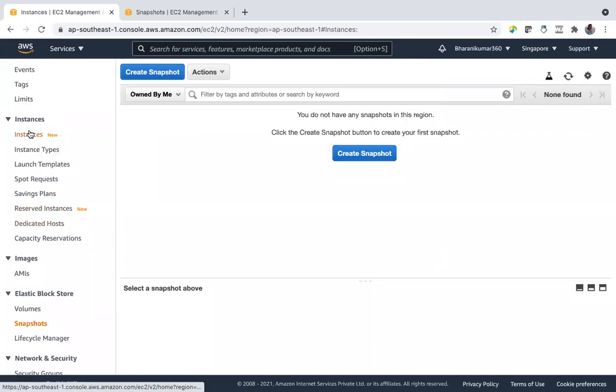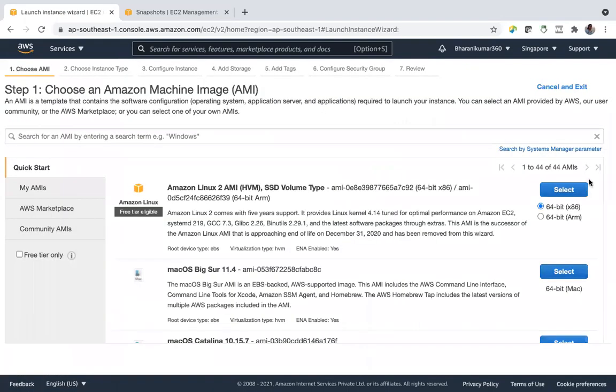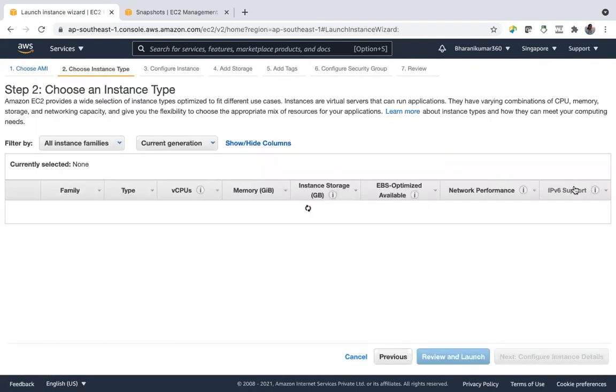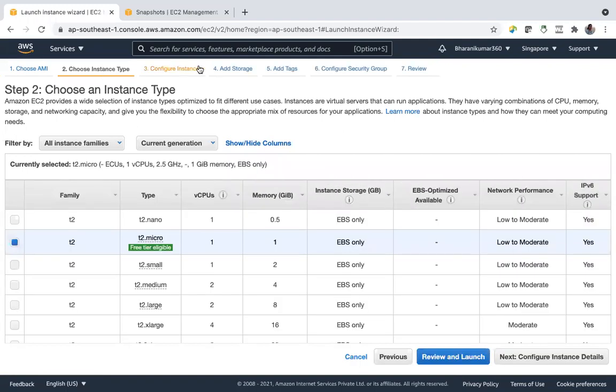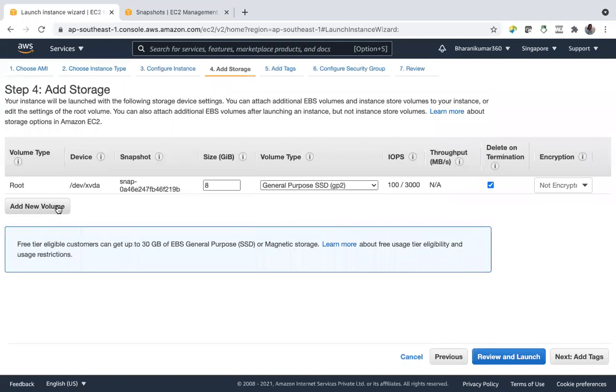And then I can launch instance. Select, and here I can add that extra additional volume. And what I can do, after launching, I can mount that volume. We already discussed how to mount the volume, right?